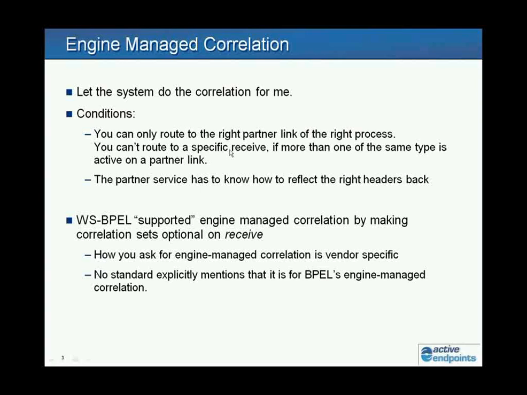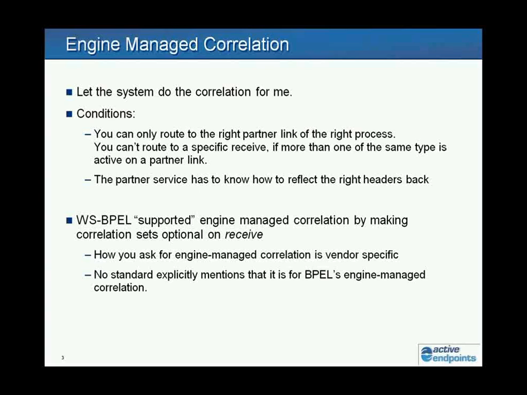If there are more than one receive waiting for the same type of message, you can get really fine-grained correlation. Whereas with engine-managed, you basically get just to the right process, or actually the right partner link of the right process. And while BPEL doesn't mention the words engine-managed correlation, if you actually go back to the archives of the discussion,